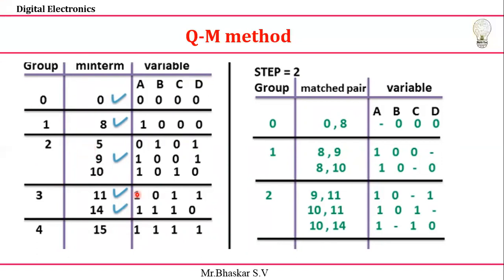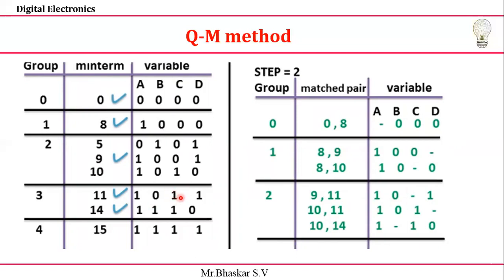Next, here 9, I'm looking for 9 with respect to 11. Yes, 1 is the same, and 0 to 0 is the same, 0 to 1, yes it is varying, and 1 to 1, only one bit is changing, right? And directly I can take 9 comma 11, so what bit is changing? 1 0 dash 1, because this bit is changing. 1 0, this bit is changing, that's why I'm going to take a dash, then 1.